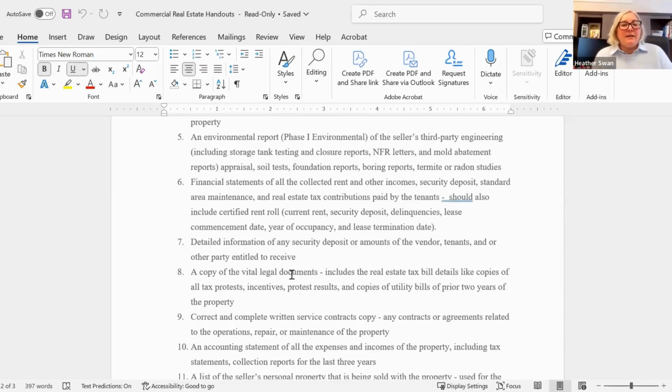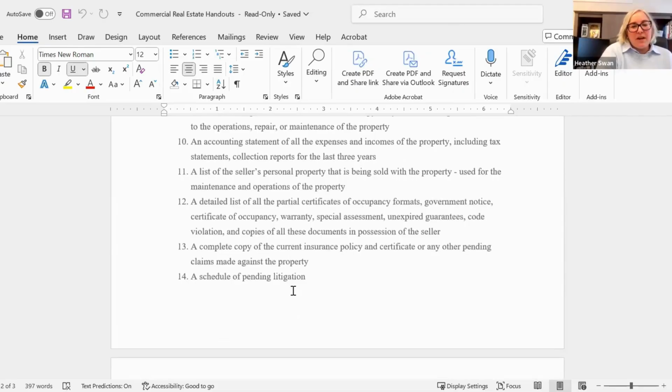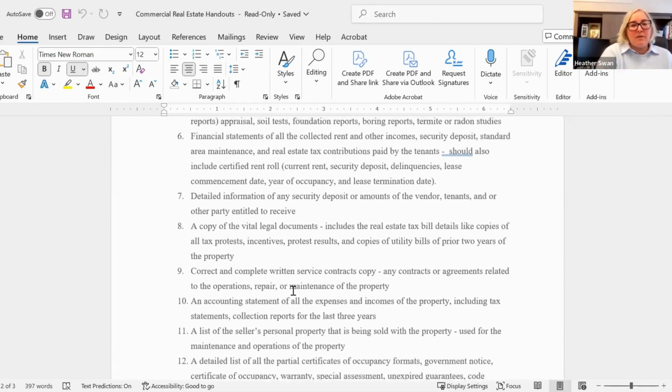They want to see financial statements from the landlord, seeing what the property is doing. For rental properties, you'll want a rent roll from the seller, which is not just a list of the leases, but a list of the leases, their security deposit amounts, the commencement date of the lease, the termination date of the lease, any delinquencies, things like that. And it's typically certified by their property manager if they have one. And then any personal property insurance policies, any pending litigation, all of that should be listed out by the seller and provided